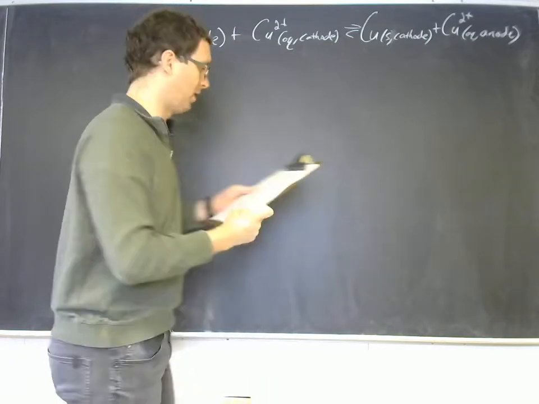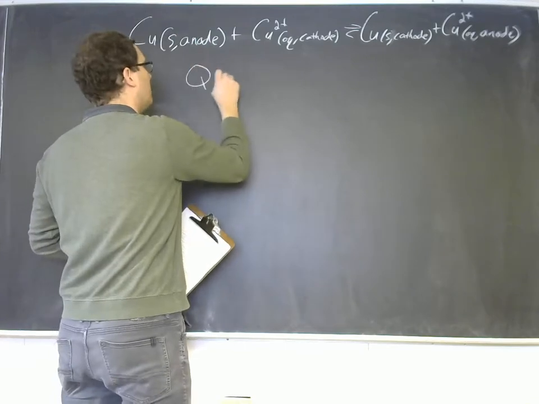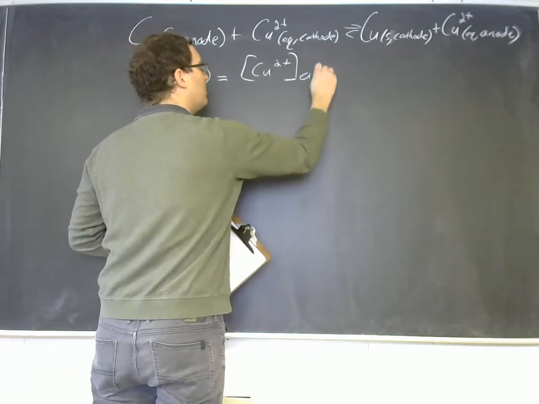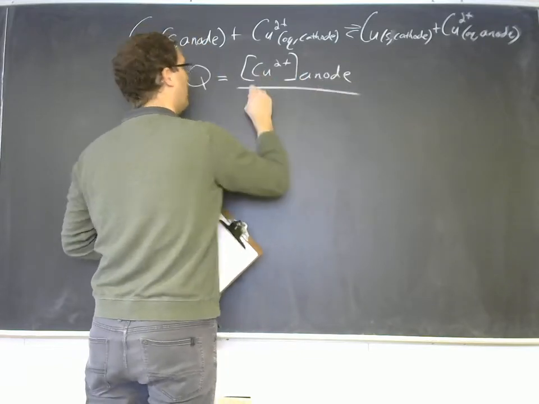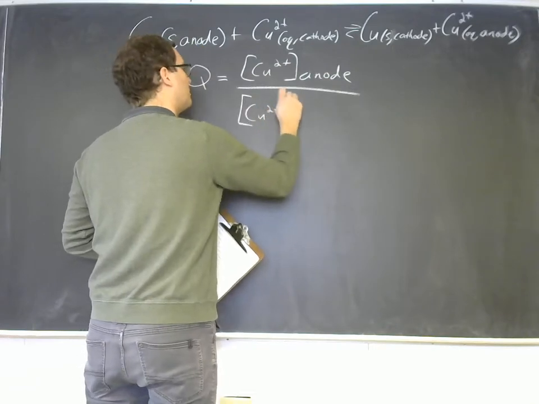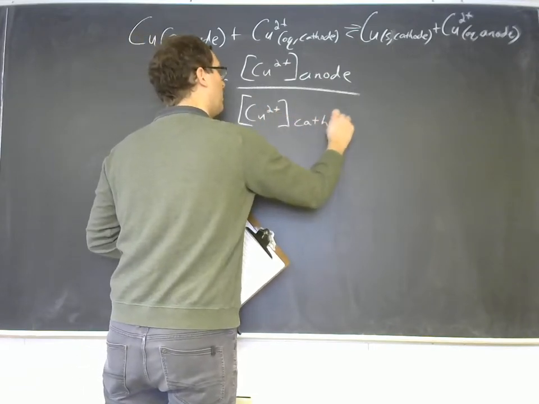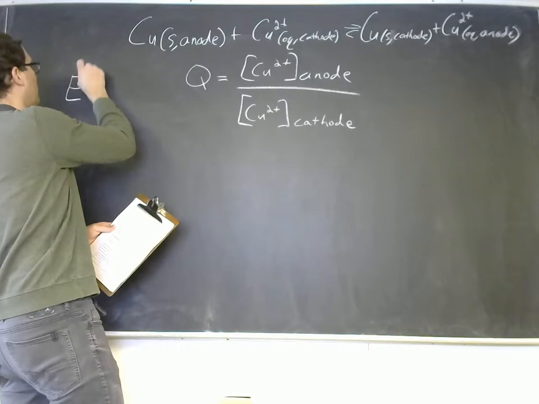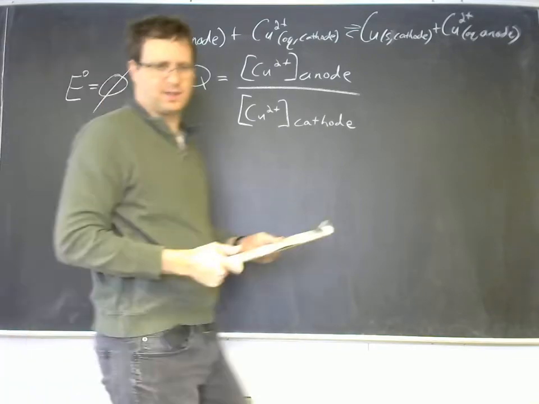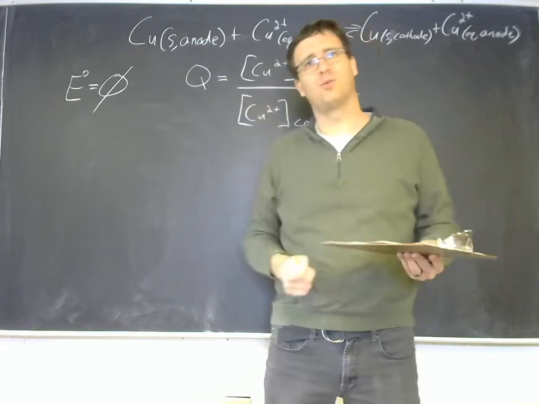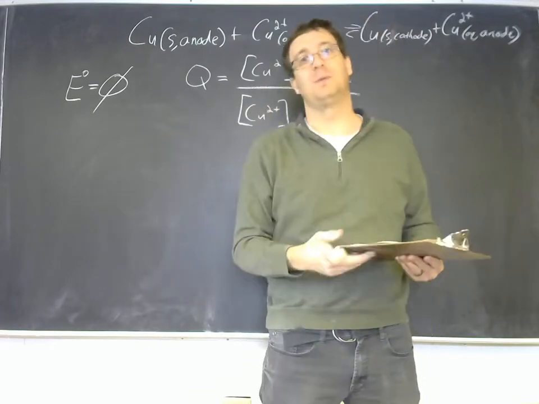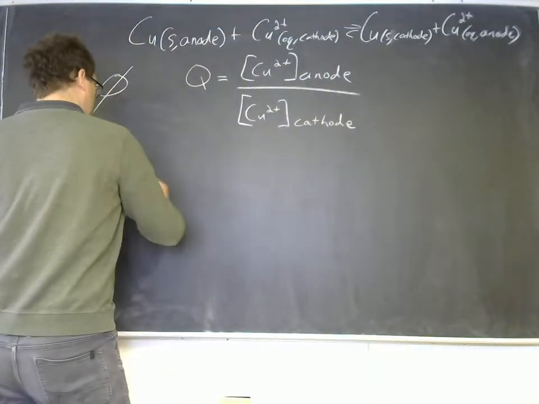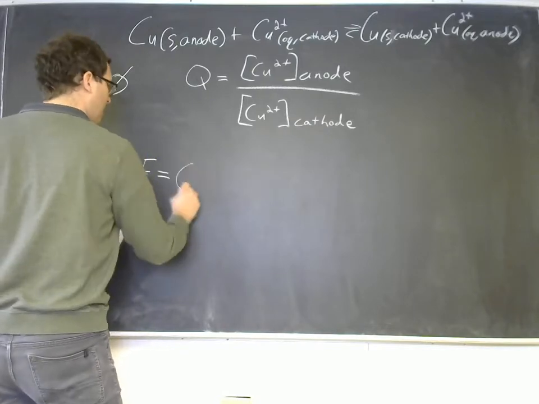Q in this case, then, would be the concentration of copper 2+ in the anode divided by the concentration of copper 2+ in the cathode. Quite an interesting reaction quotient. And E0, the standard cell potential, if everything were 1 molar, then anode and cathode would be identical to each other, and so the potential would be 0. Now we can apply the Nernst equation, where E is equal to E0. In this case, that's a 0, plus,